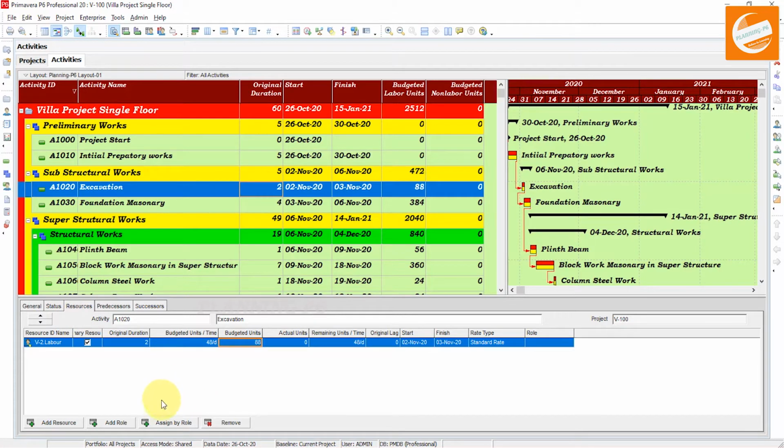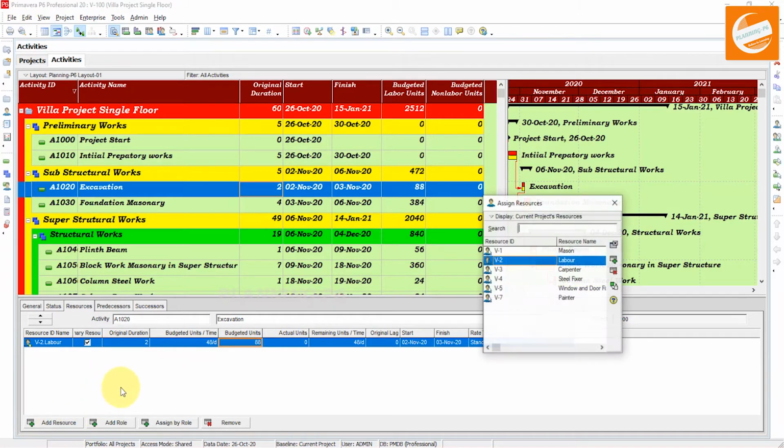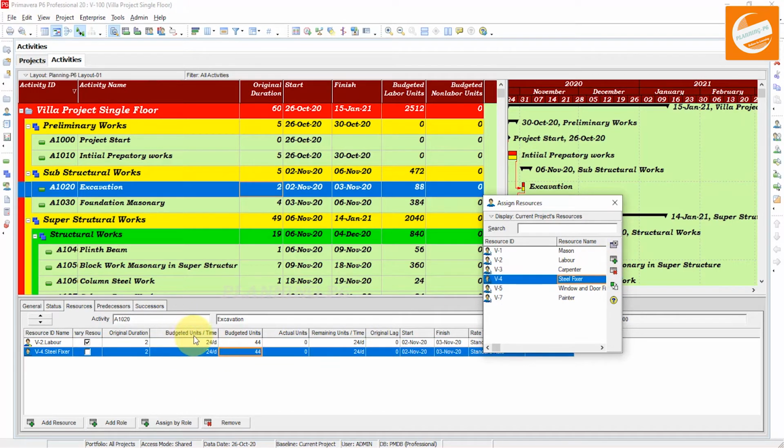You can experiment with how it affects the resources. Go to the resources and focus on that value and that value. When I assign any other resources, the budgeted units will remain the same. Individual values will be changed based on how many resources you add, but the cumulative will remain the same. I add one resource here, and you can see budgeted units per time and budgeted units are divided, but the cumulative remains the same.